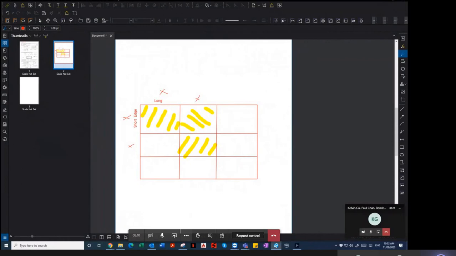But the reason why this is the worst case is that there is no moment distribution in the actual slab. So what happens is that the moment is not. So if I draw a cross section of the slab,